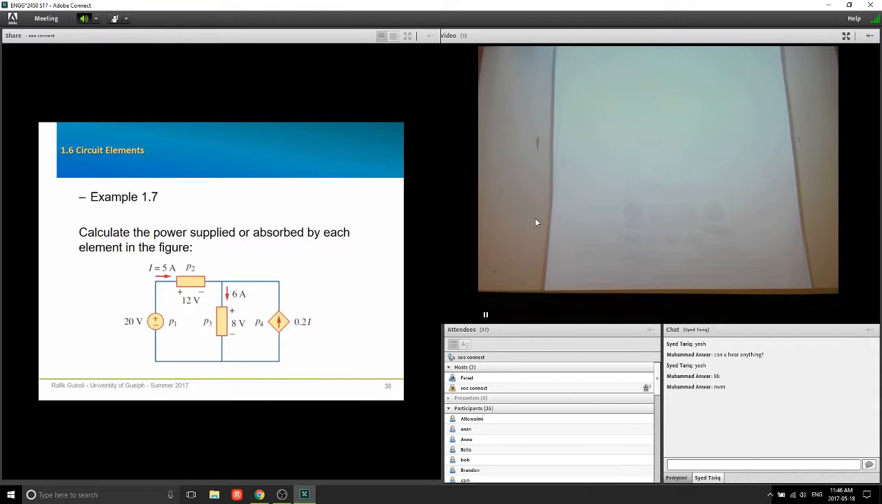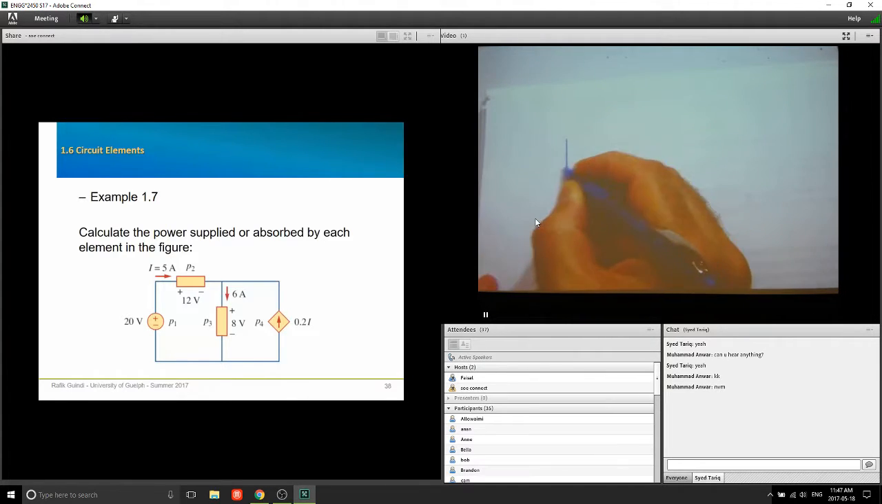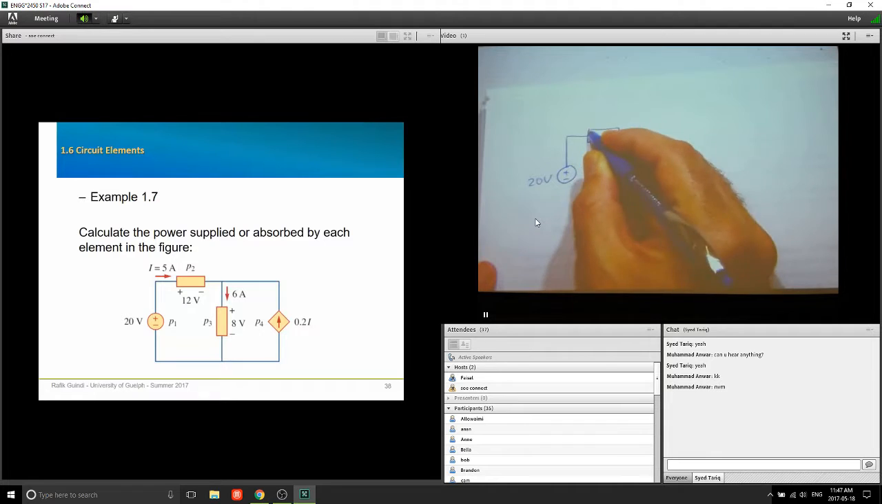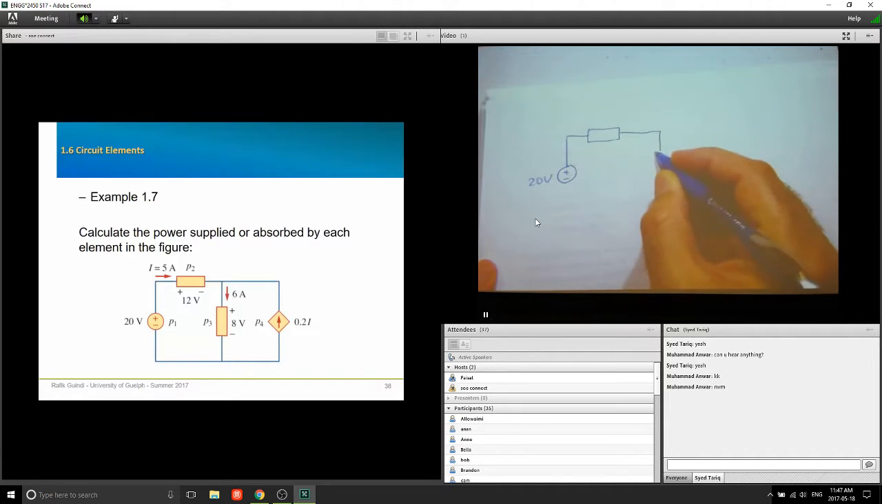So this is an example, and this is the last slide for chapter 1. Calculate the power supplied or absorbed by each element in the figure. The difference now from what we did before is that we have a controlled source somewhere in that circuit. So let's see. I have here an independent voltage source, 20 volts, some element, another element like that,